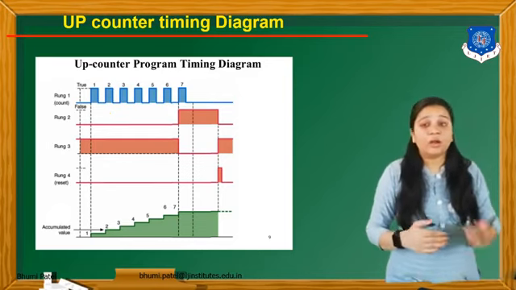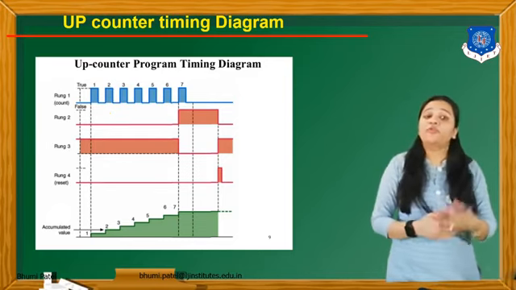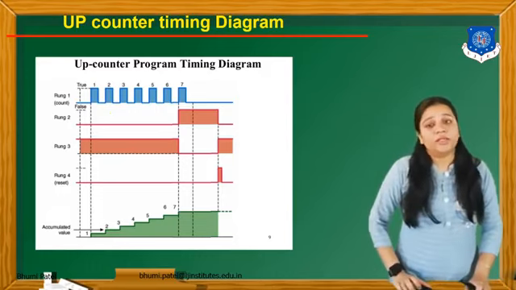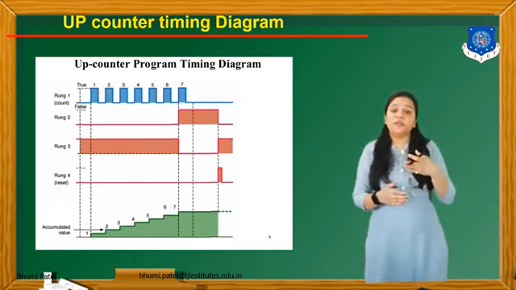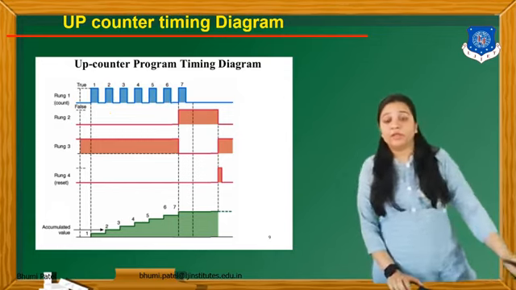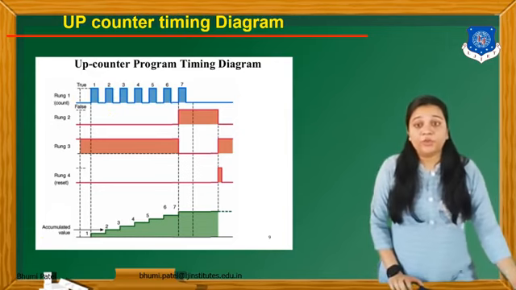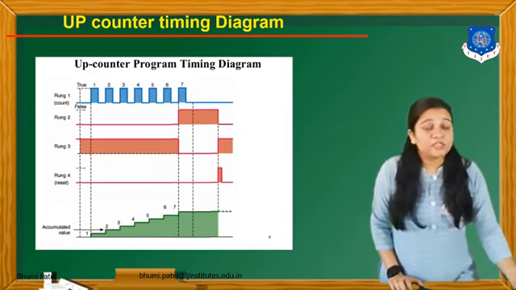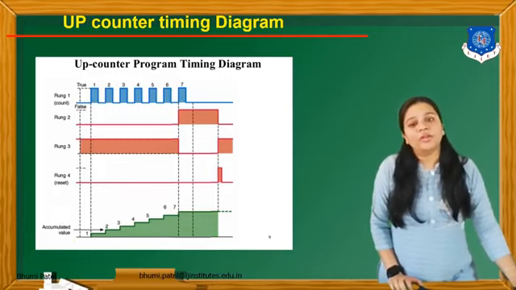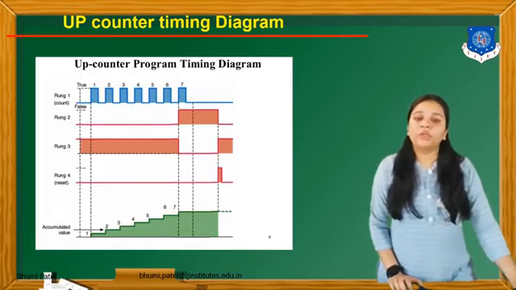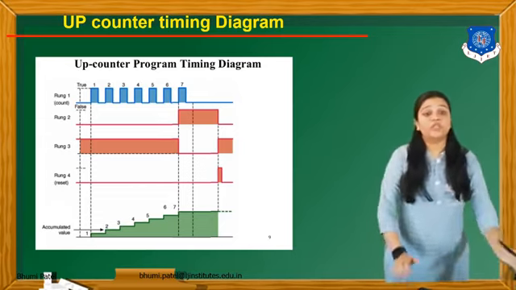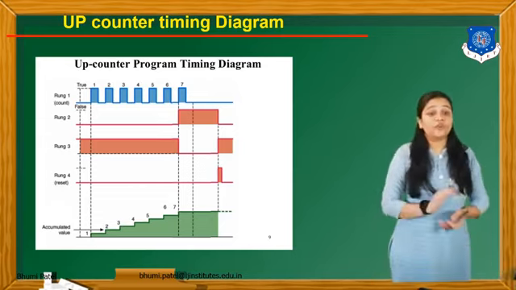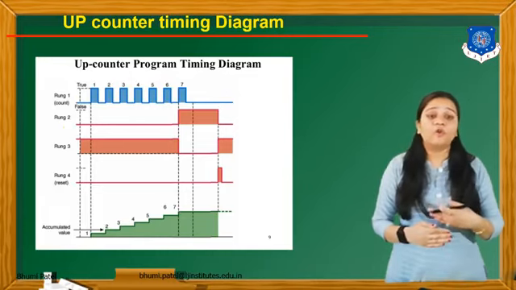As you remember, rung 1 is for the input signal, rung 2 for the enable bit and rung 3 for the reset bit. Or here in this diagram, rung 3 is the enable bit and rung 2 is the reset bit. In this diagram, whenever the input signal goes from false to true, my counter will count 1, 2, 3, 4, 5 up to 7. After 7, you can see that rung 2 is used for the reset pin. So whenever the reset pin is pressed, my counter is reset, and it again counts from 0.